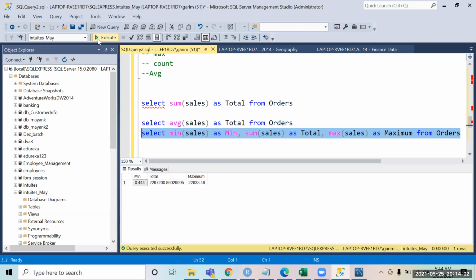You can do it, but if you have a space you have to put it in square brackets. So now you see total sales. When you have a space, you just have to wrap that inside the square brackets.